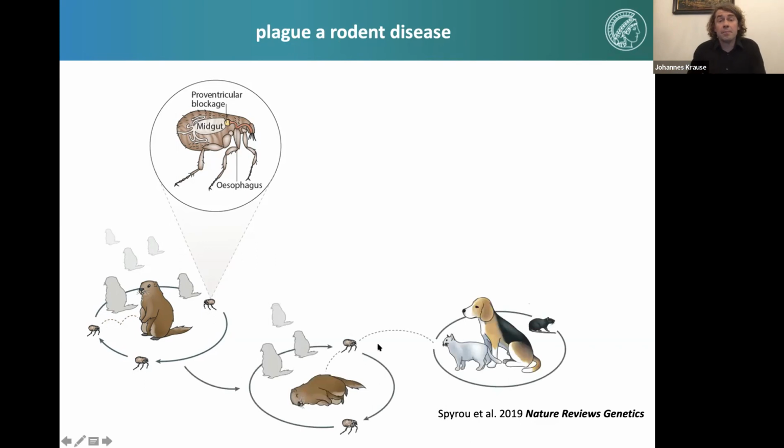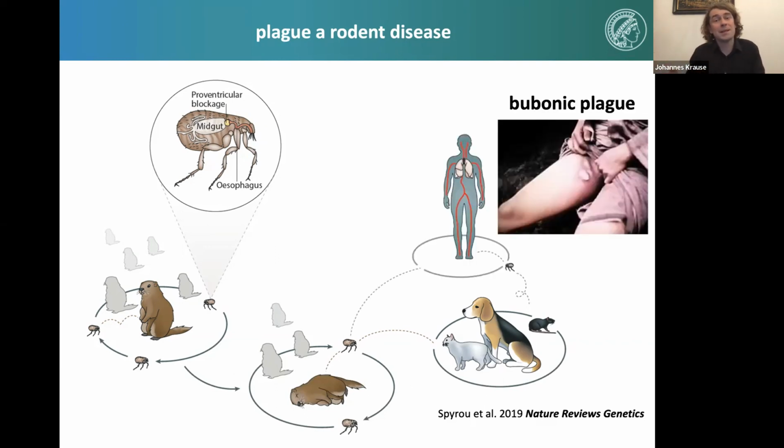Eventually, the rodent might die, and then the flea is looking for the next warm body, and that warm body can be another rodent, but it can also be an animal that lives in close proximity with humans, such as domestic animals, or, for example, commensal animals such as rats or mice that live in human habitation or close to humans. And then the same might happen there. If the mouse dies, if the rat dies, if the dog dies, or the cat, or they come in close contact with humans,